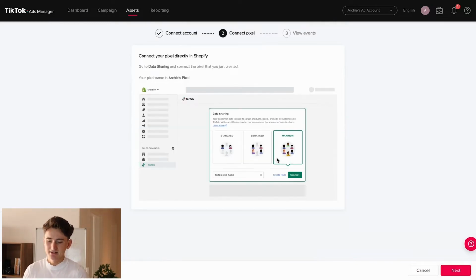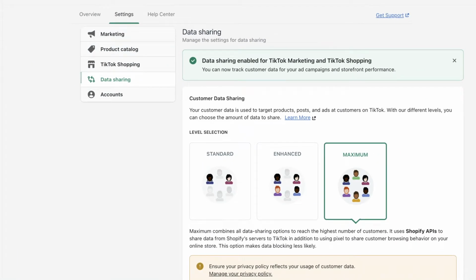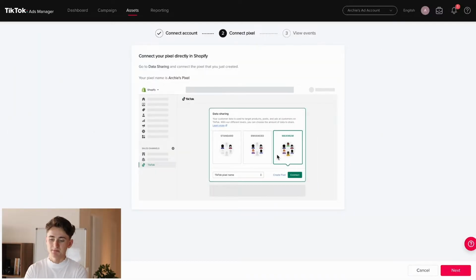You will click next, then make sure to select maximum in the Shopify under the TikTok app, because it is going to help the pixel to understand the behaviors, what kind of actions people are doing on your website, so they could optimize better and target a much more relevant audience for your brand. You'll click next and pretty much complete setup, and that is pretty much how you create your TikTok pixel. I don't think that you're gonna face some problems. However, if you have some kind of issues, just DM me on Instagram